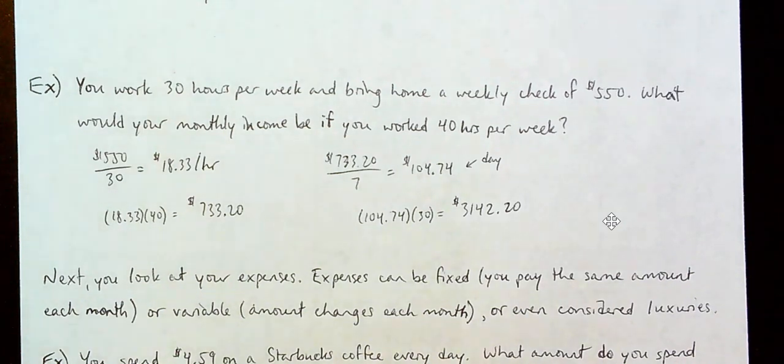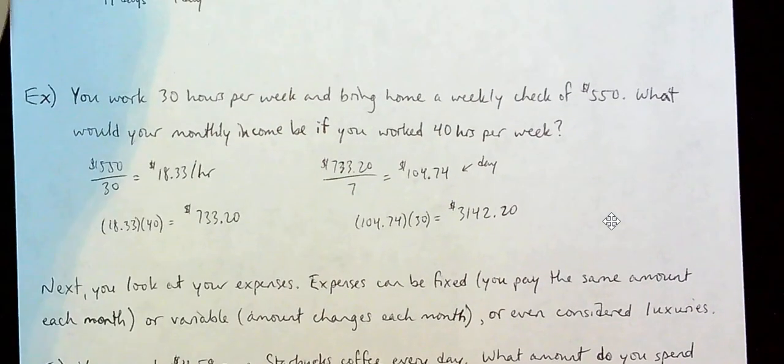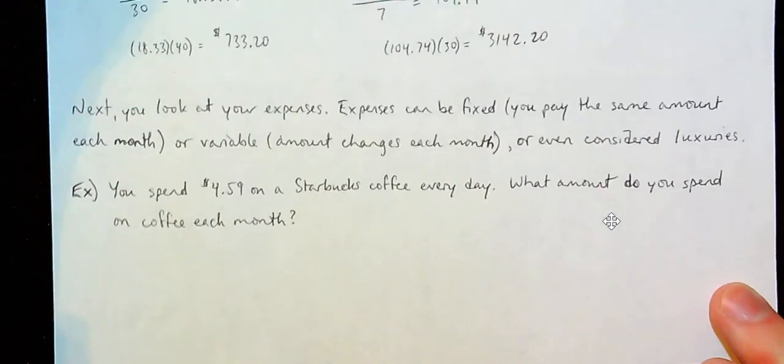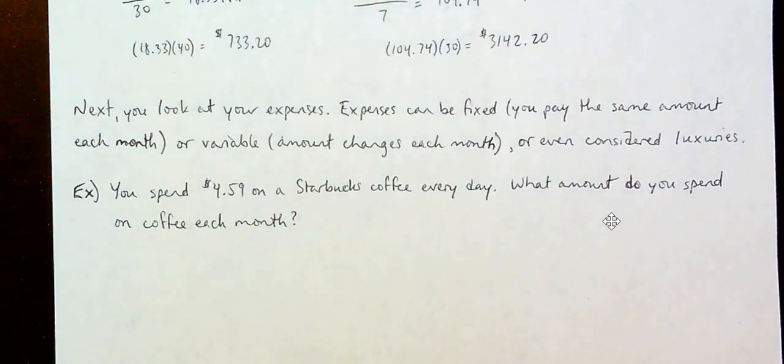Now we're going to take a look at your monthly costs or your expenses. Expenses come in various forms. They can be fixed. A fixed expense or a fixed cost just simply means that you pay the same quantity of money each month. This applies to things like rent,